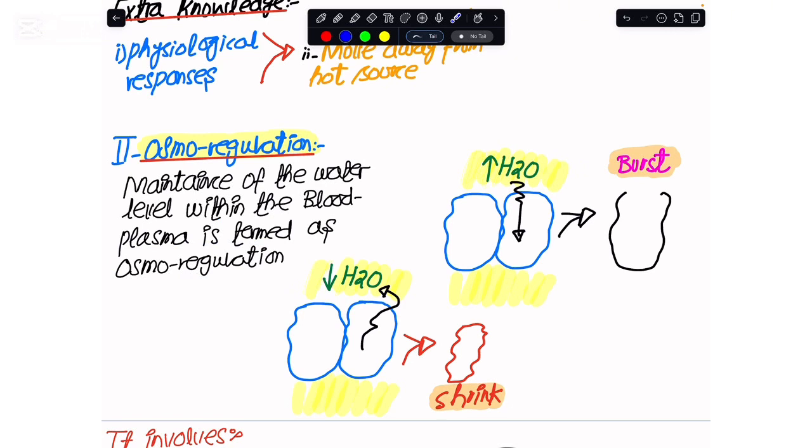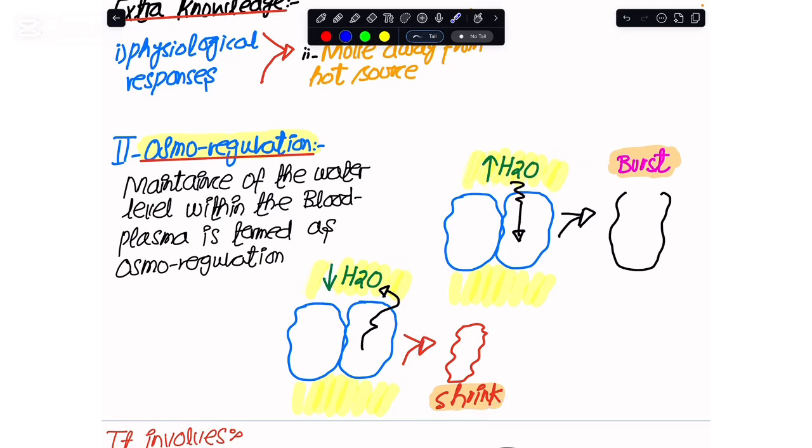Now, why do we need to regulate the amount of water in the blood plasma or in the tissue fluid? Because you see, if I have these tissues with me, and outside of the tissues the water level is increasing, then by osmosis an excessive amount of water would enter your cells and they would burst. Likewise, if outside of the cells or the tissues the water level is falling below the set value, then ultimately within the cells the water level would increase, and when the water escapes out of the cells or the tissues, these cells would shrink.